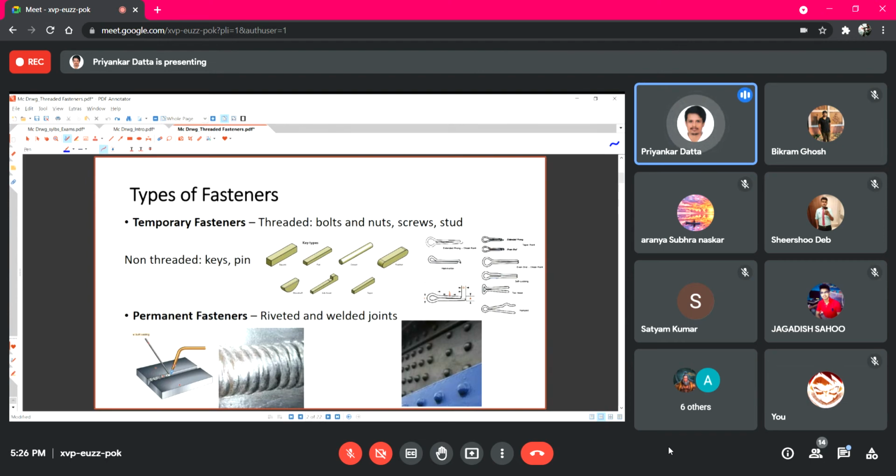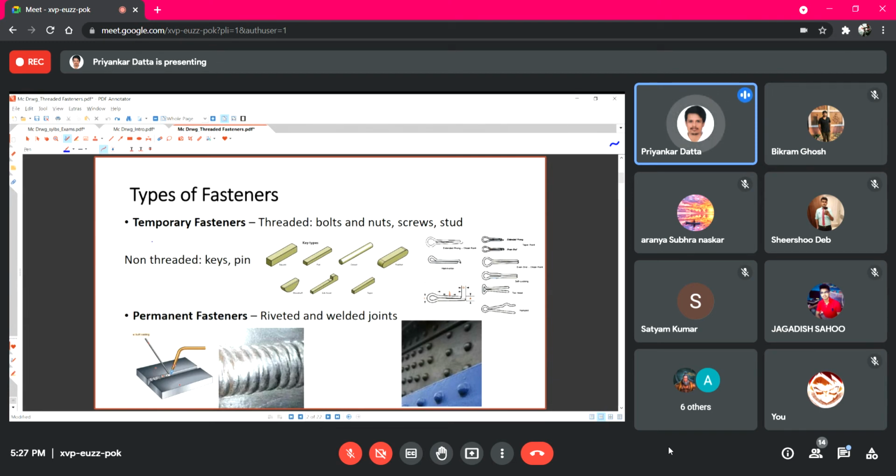Right? So these fasteners, what I was saying, you have probably come across the term fasteners. For any machine, as I told you, you can imagine that several components are to be clubbed together, or assembled together, or fastened with each other to make it work. So we require some type of fasteners to attach each component with the other, right? These fasteners are divided into two basic groups. One is temporary fasteners and the second one is permanent fasteners.